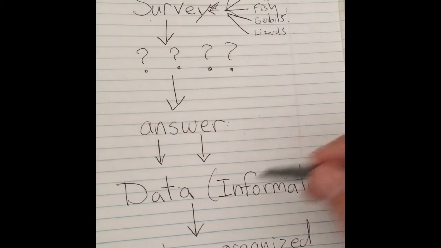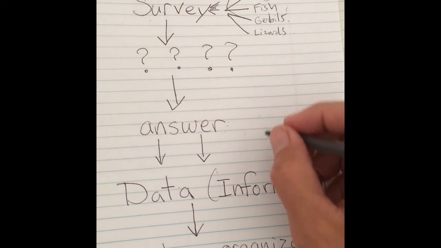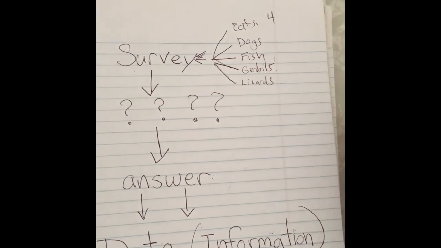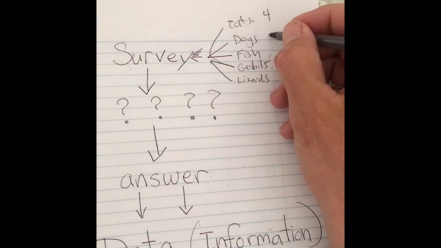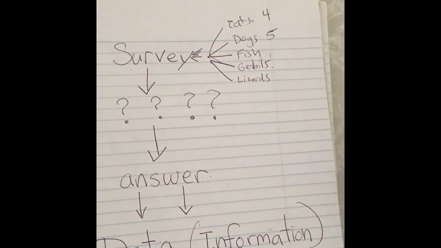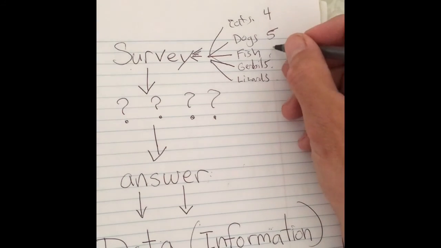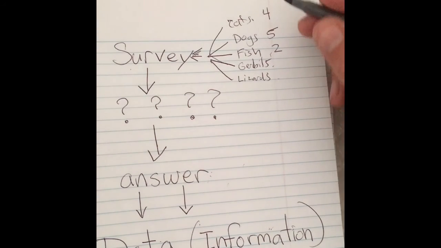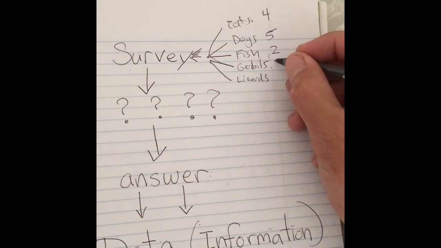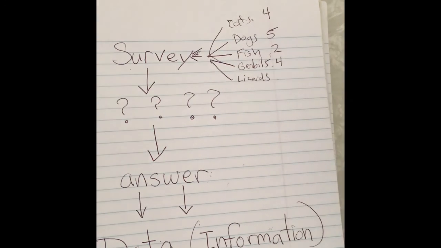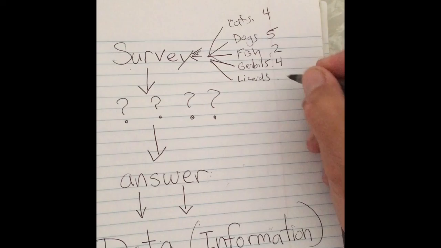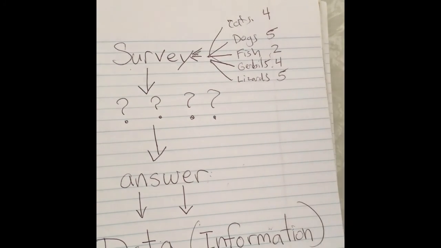An example would be that if you asked 20 kids, 4 of those liked cats, 5 of those liked dogs, 2 of those liked fish, 4 of those liked gerbils, and then let's see, 9, 11, that'd be 15,